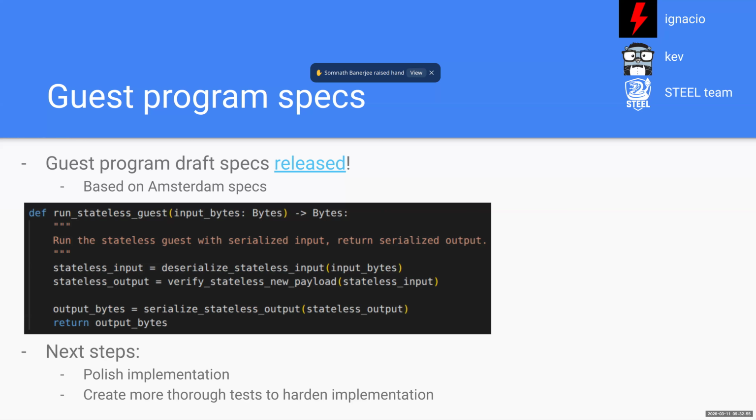So we think that the most flexible style is to simply provide the chain configuration as the inputs. So the same guest program can execute multiple chain configurations, because it might be required for running tests with really weird setups, apart from the main use case, which is running mainnet blocks.